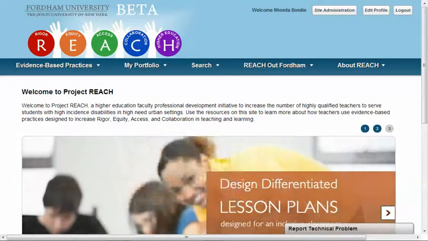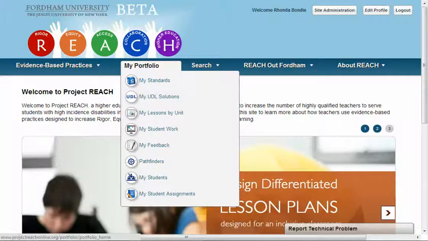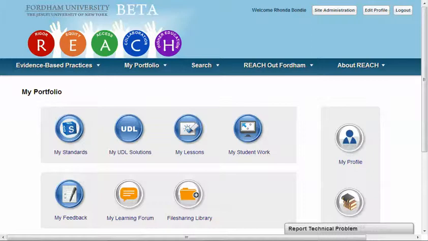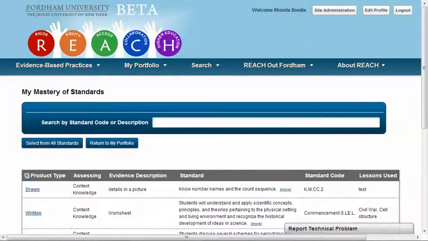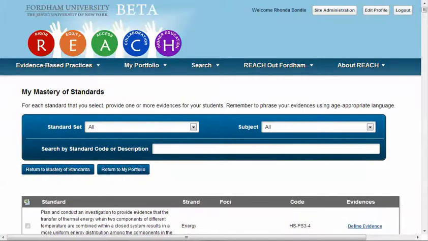In this video, we'll learn how to go to My Portfolio and add standards that we can then use in our lesson plans and other learning activities. The first thing you'll want to do is select from all standards. And this exercise will help us to unpack the standard and think it through before we begin to design our